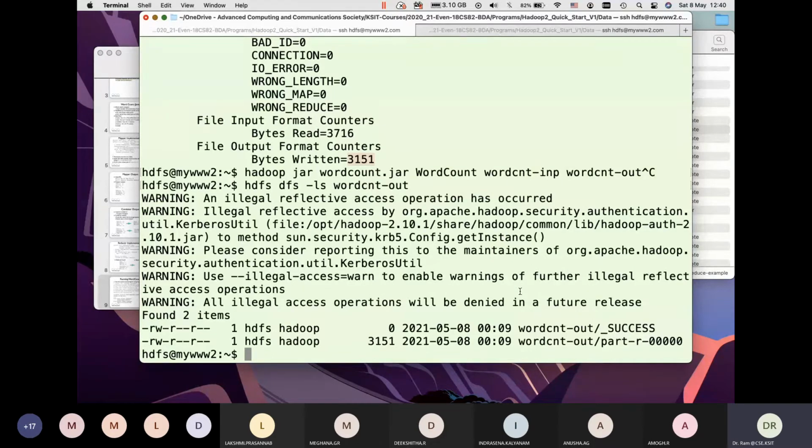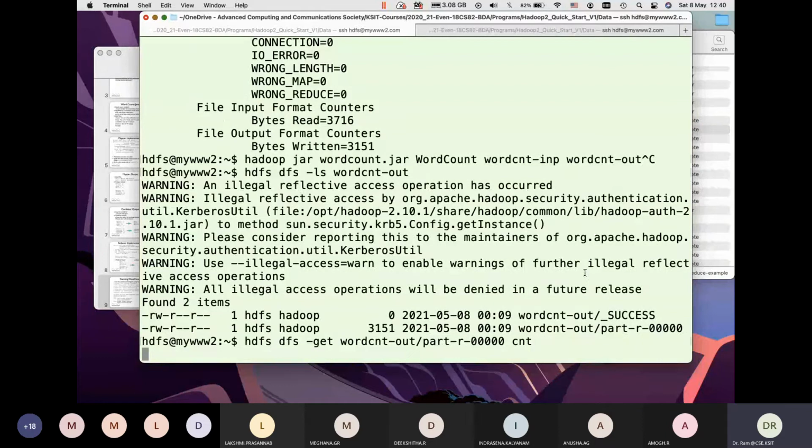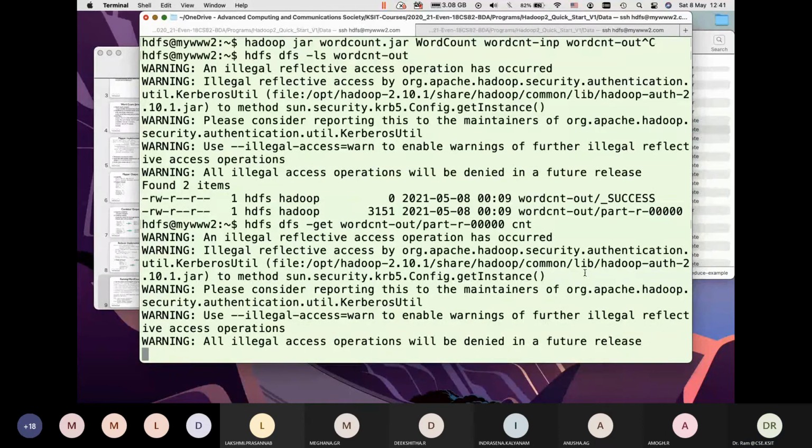And if we want to look at the content, I can get the file.